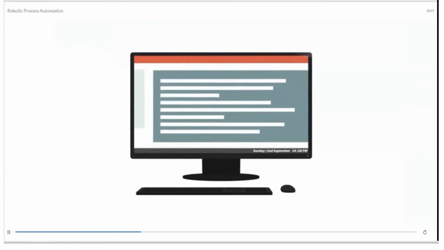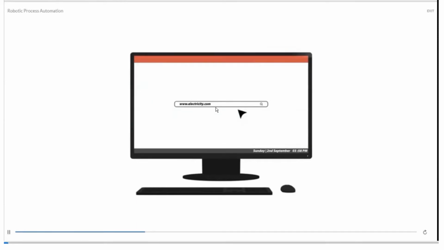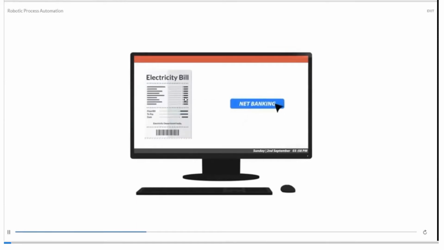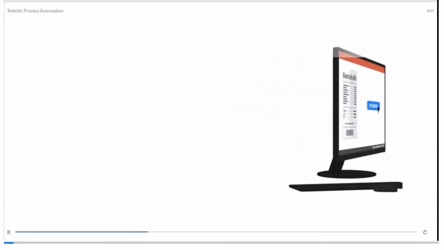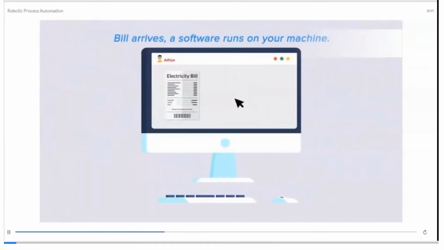So that is the usual process carried out. Now we can see here the mail received. Once the mail is received, we get into the website and view the electricity bill. We do the net banking. The process is done. Now when we think of whenever a bill arrives, your software runs on your machine, and